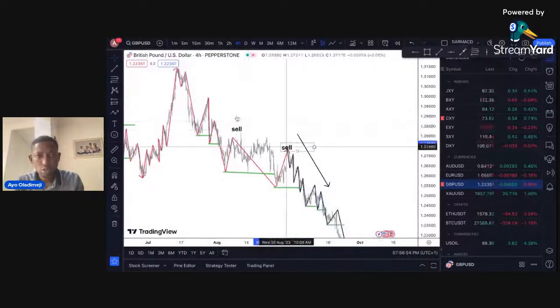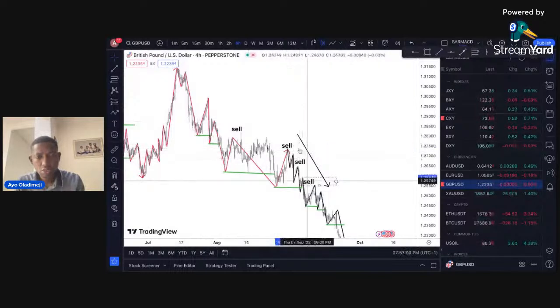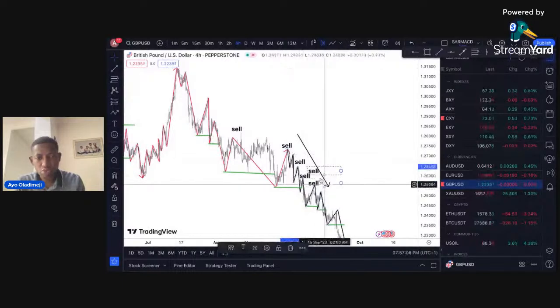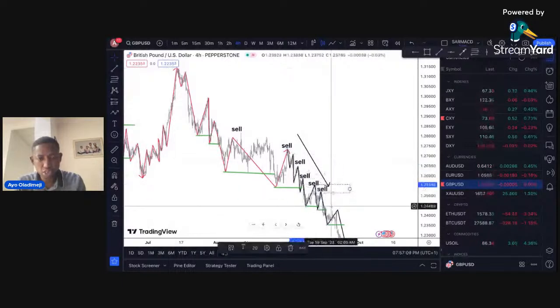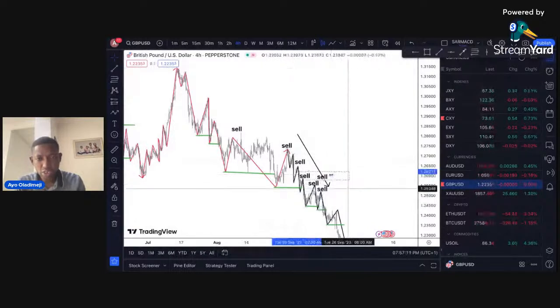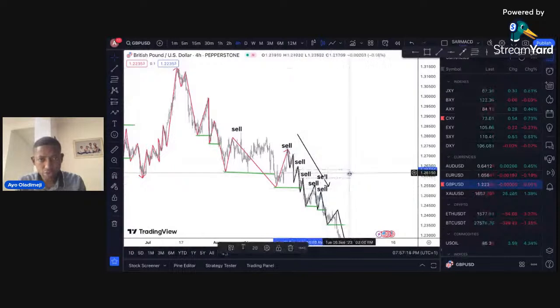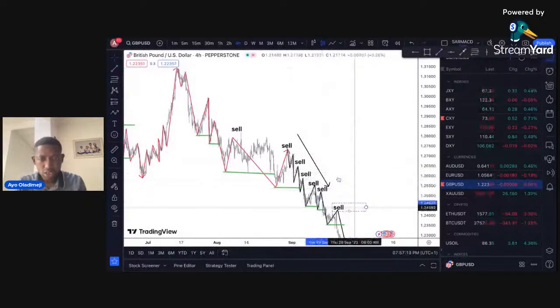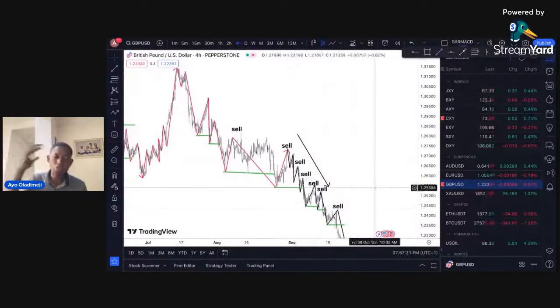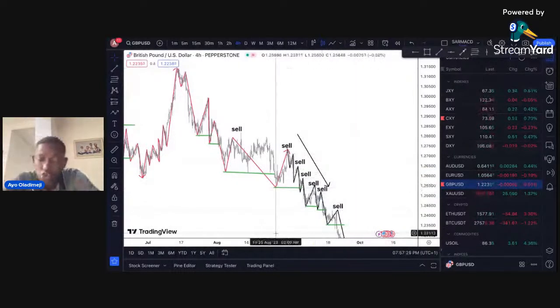Okay, where we sell at the lower highs. We sell when price retraces into the lower high. That's where we sell. That's where you get your opportunity to sell. Okay, and then you see you are a friend of the trend, or the trend is your friend. And as long as you're selling the lower highs in a downtrend, you will always make money.